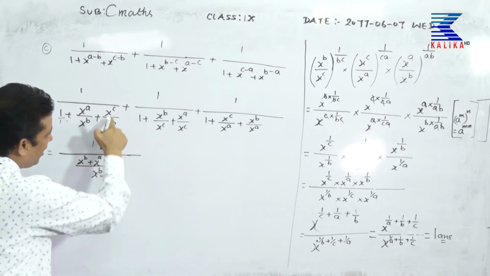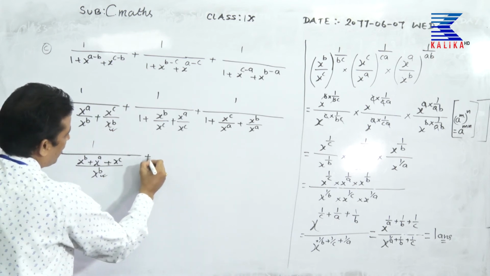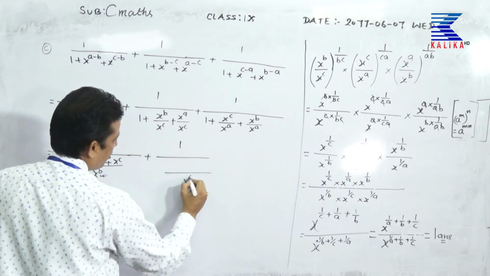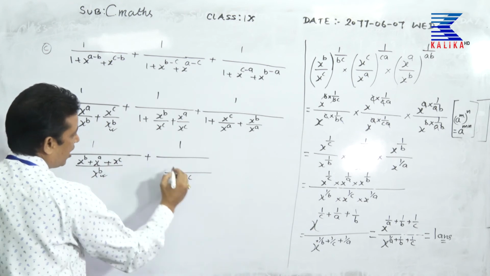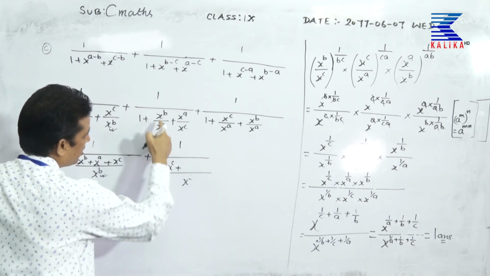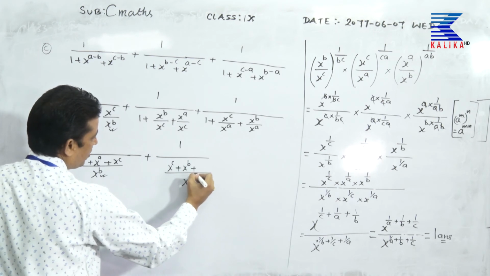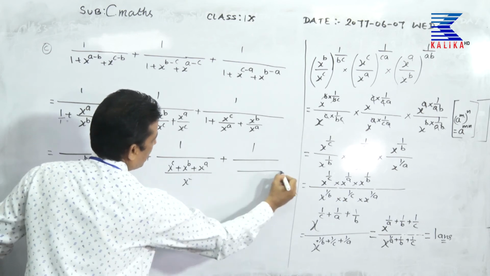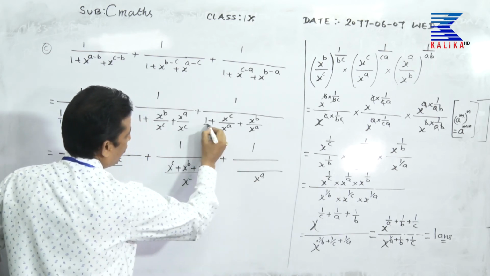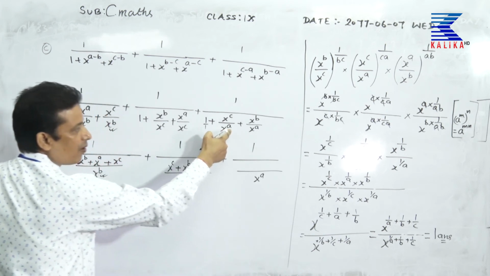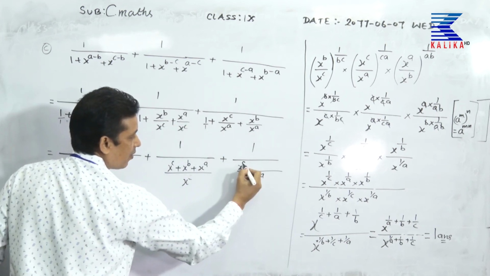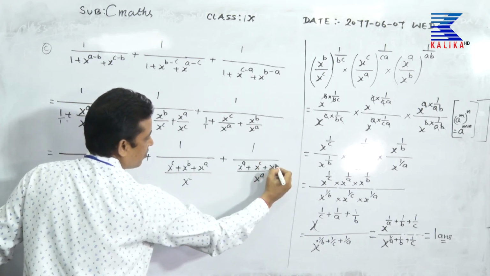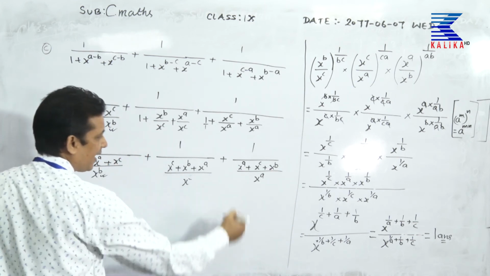So, no need to multiply, just write x to the power c plus 1 over, let us see what comes. LCM, x to the power c into 1, it is x to the power c, plus this is x to the power b, no need to multiply, that is x to the power a plus 1 over LCM is x to the power a here, 1 upon 1 is there. So, we should multiply x to the power a and this one, it becomes x to the power a plus this is x to the power c plus this is x to the power b. We have taken LCM here.